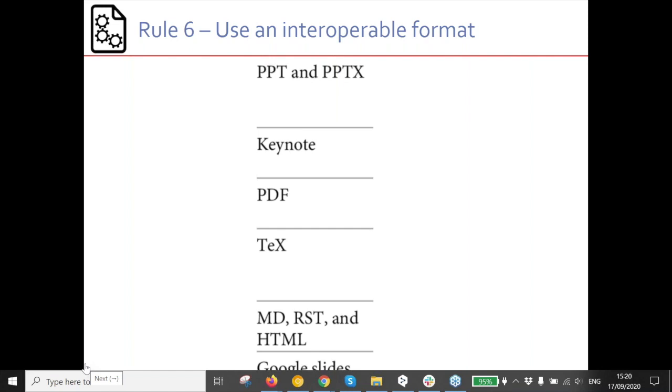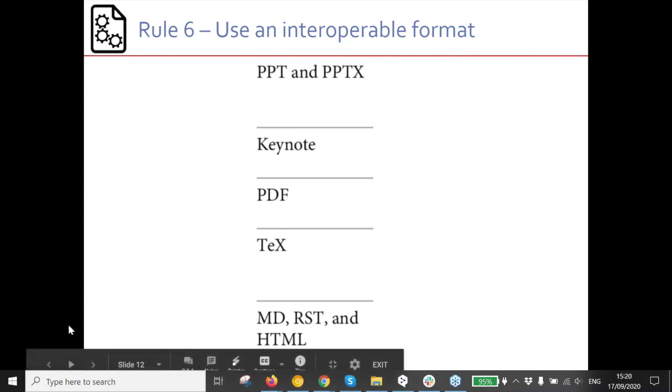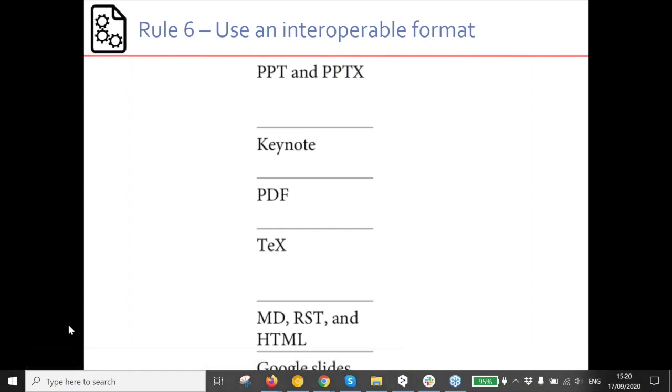TeX is another kind of language to describe documents. It's interesting because this one is simpler to use for some people that know how to program, because you have to run the program to make this visible. But there are other kinds of formats that we are using more and more, like Markdown, like HTML, or even Google Slides. So we described the types of formats that we use to do training slides in principle, but